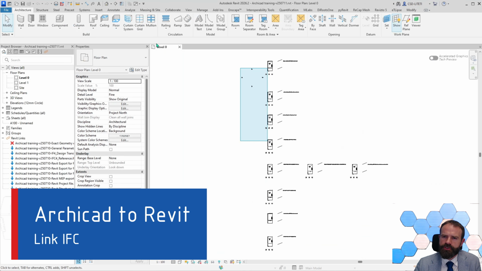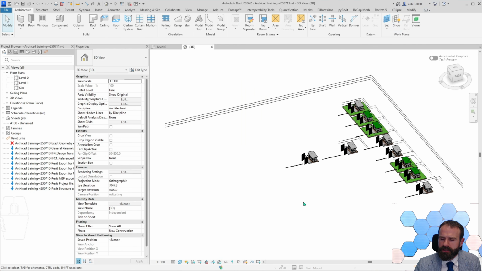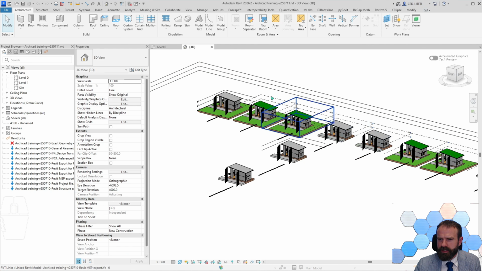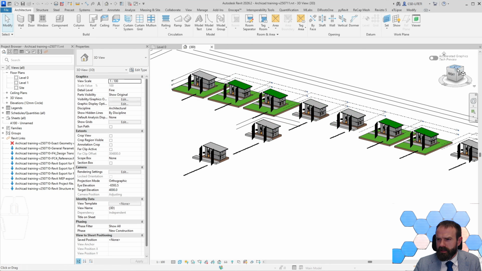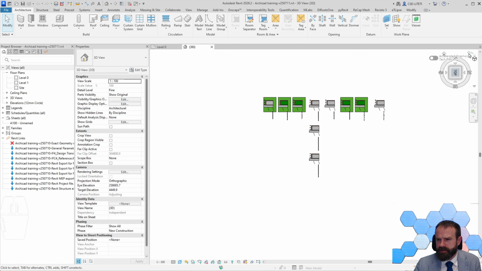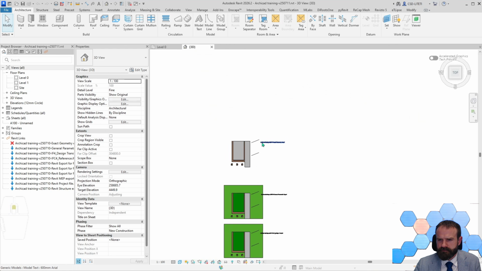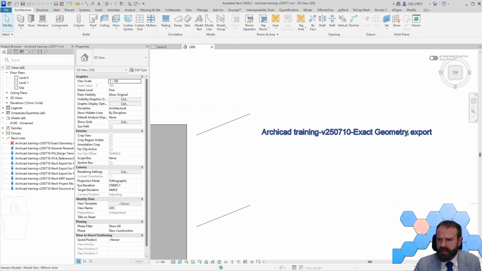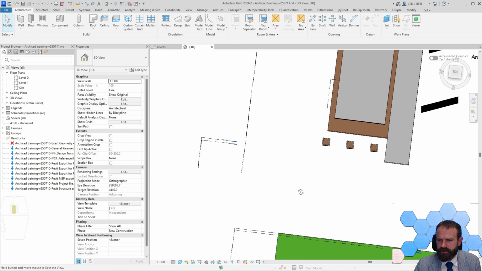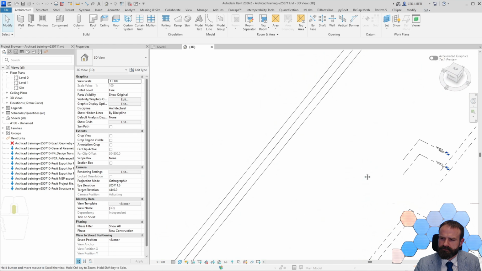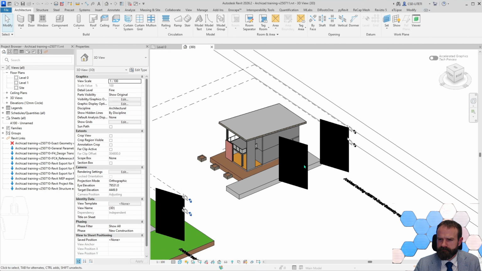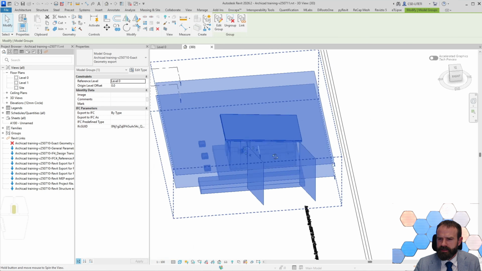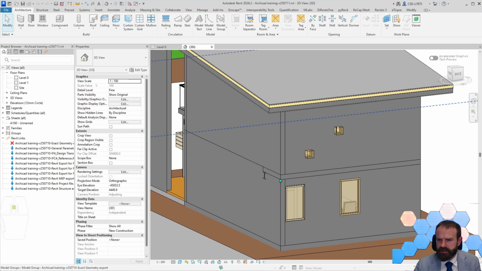Okay, so now let's jump inside main model, in which I place all these different options. So let's analyze what we have here. Exact geometry export, so we have this option. No soil around the building, and if I bind this object, I have